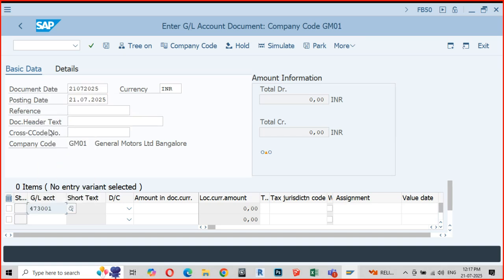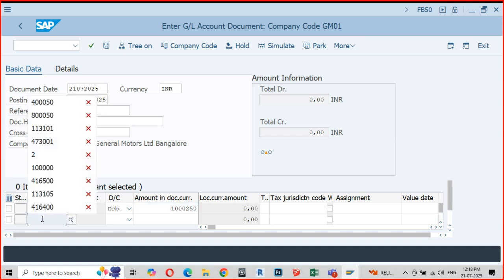Some sample. Let me enter the sum expense as 10 lakh 250 rupees. Just a fictitious entry. Okay, don't bother.